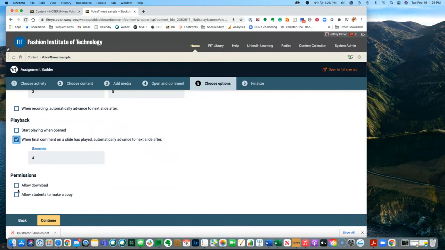Also, there are cases where you might want to allow students to download it. And when they download it, they're going to get a video. They're not going to get a real VoiceThread. They're just going to get something they can play back. Now, there are occasions when that can be very valuable, especially if you are encouraging students to use that material for reference later on.